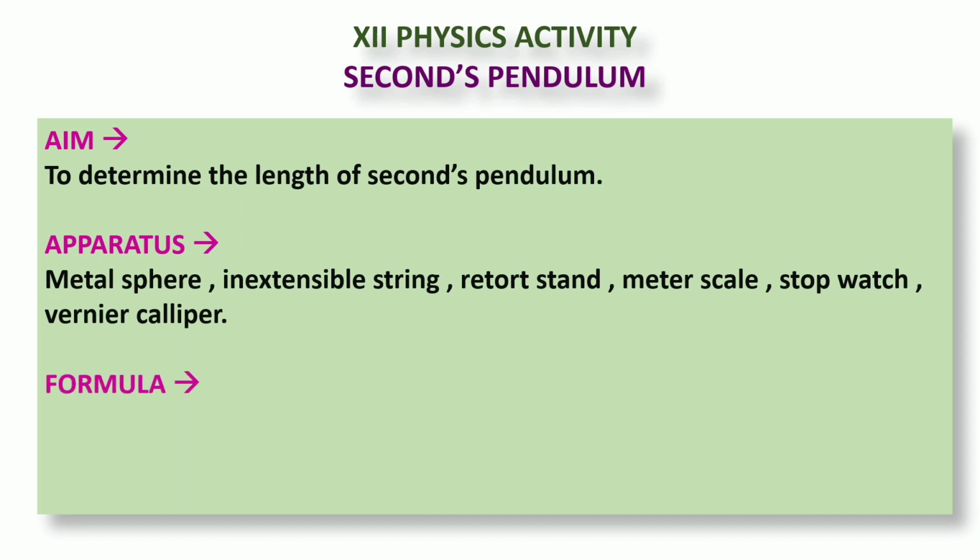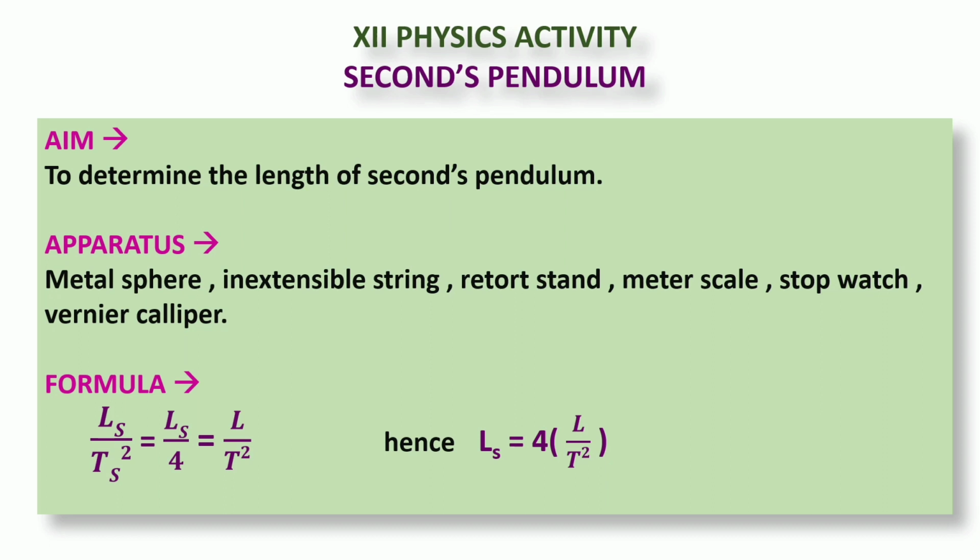The formula which is used to find the length of the seconds pendulum is Ls by Ts square is equal to L by T square. So Ls is nothing but 4 into L by T square, where Ls is length of the seconds pendulum, Ts is time period of seconds pendulum, L is length of the simple pendulum and T is the corresponding time period. So from this equation we can calculate the length of the seconds pendulum.